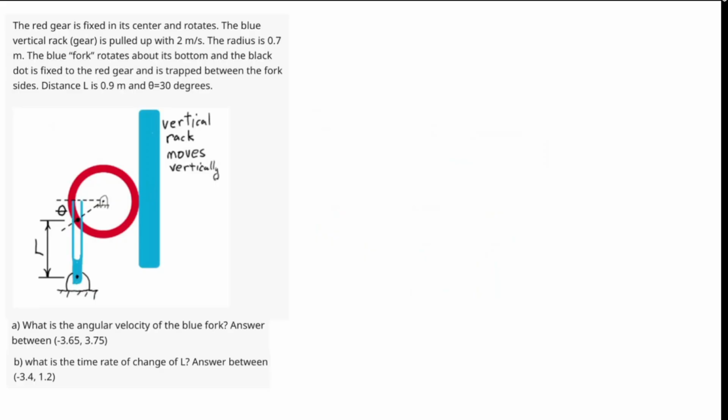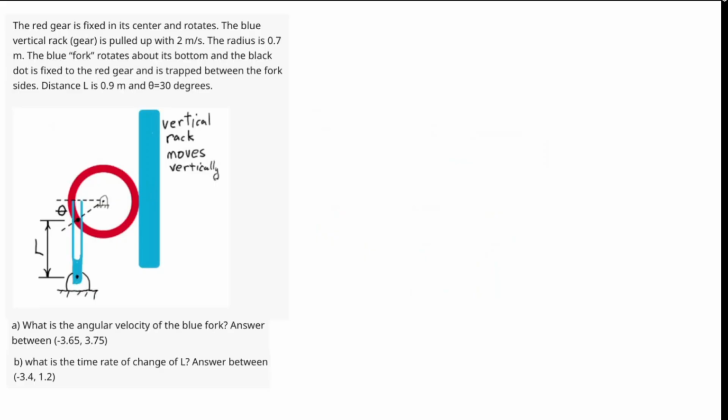In this video, we're going to get back to our special points discussion. This video is going to focus on a temporary contact condition with special points. So in this problem, we're going to have two bodies that are going to be interacting, the red gear and the blue vertical rack. Now, they're only going to be in contact for a brief moment in time. They're not going to be in permanent contact. So this is a temporary contact problem, and we'll look at how that affects the velocities, or how you should